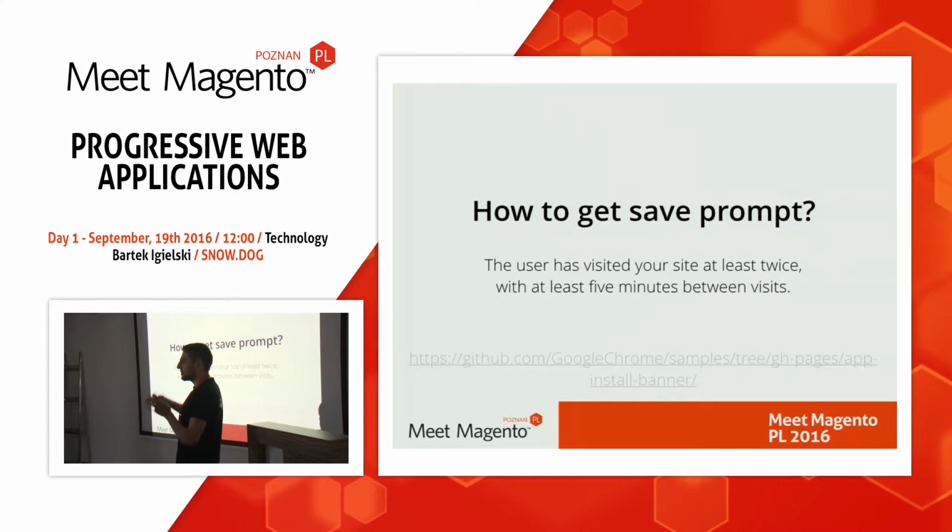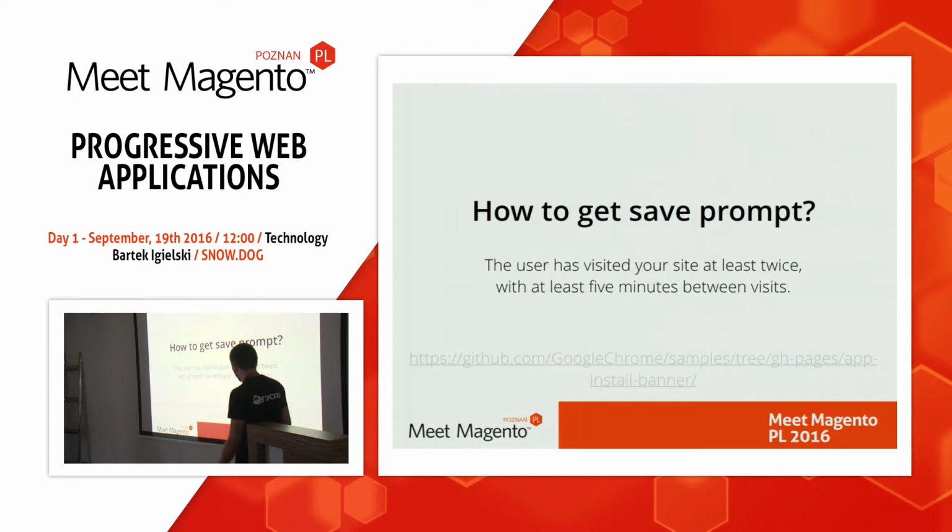The only way is that the user has to fit the requirements: visit our site at least twice, with at least 5 minutes between visits. Of course, this will change over time,